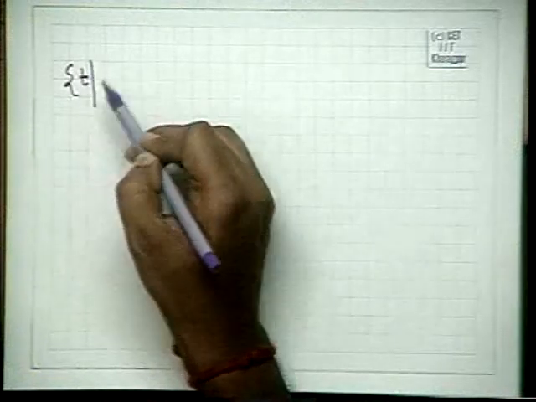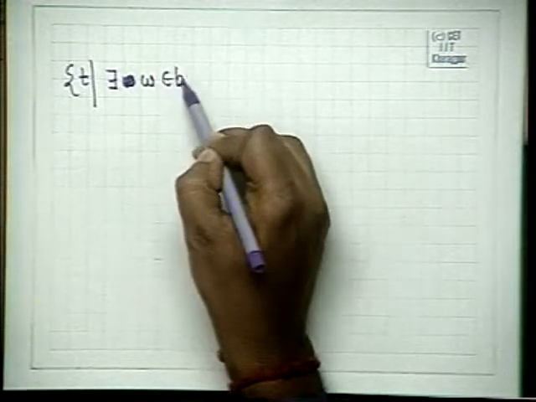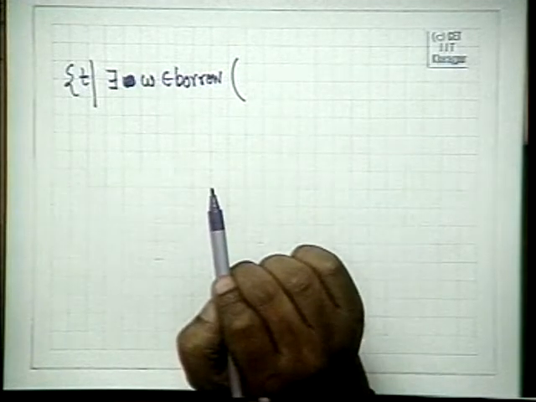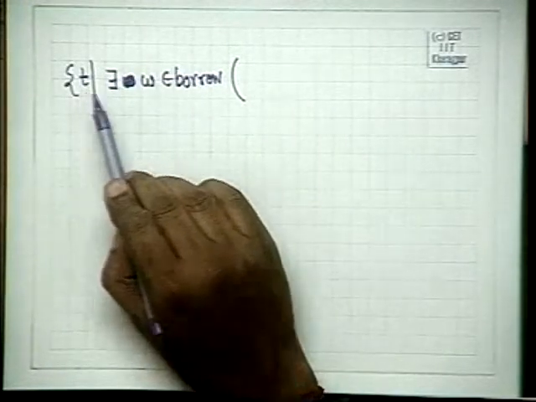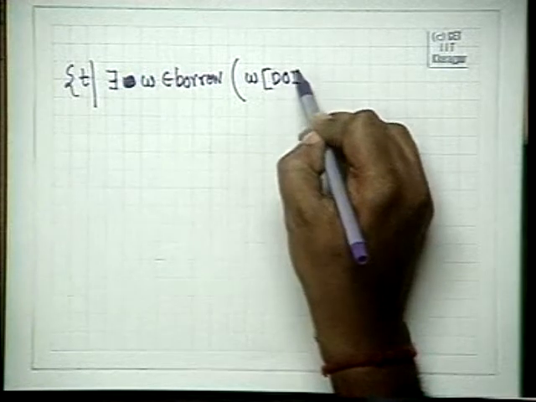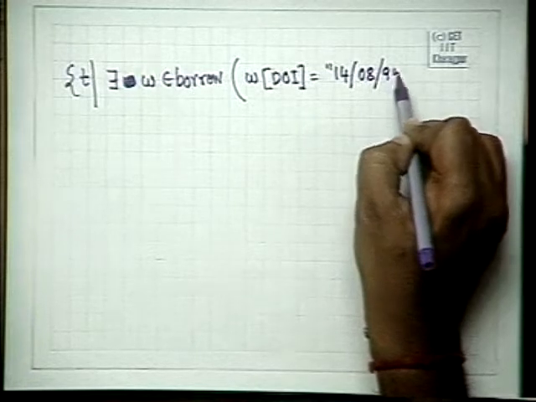This query can be written in many other ways. This is not the only way. Since you are not specifying the exact procedure, you will see that there are thousands of ways in which a relational calculus query can be written. The same query can be written, there exists W element of borrow such that for every tuple in T there must exist W element of borrow such that W date of issue is equal to 14895